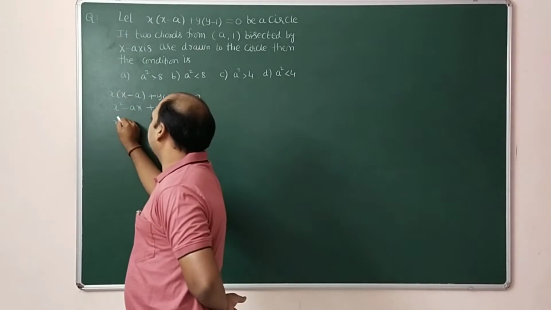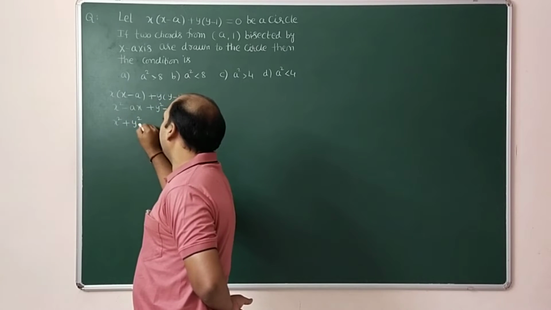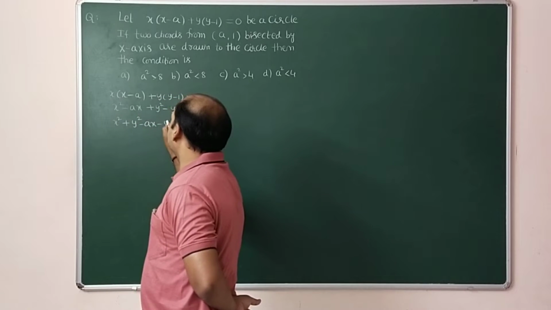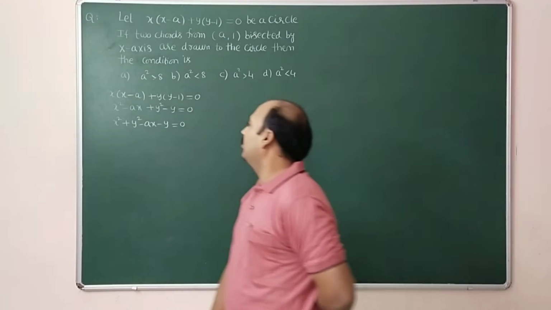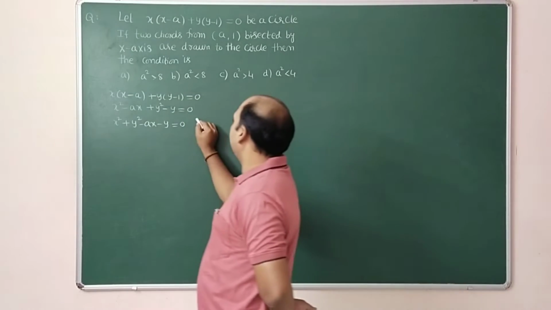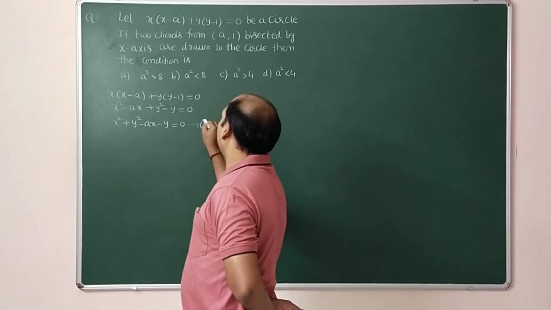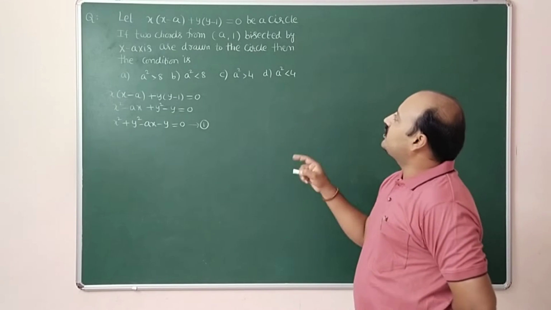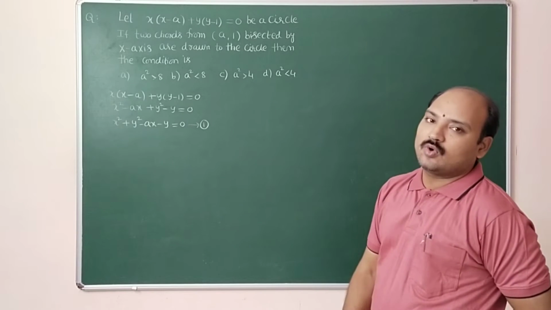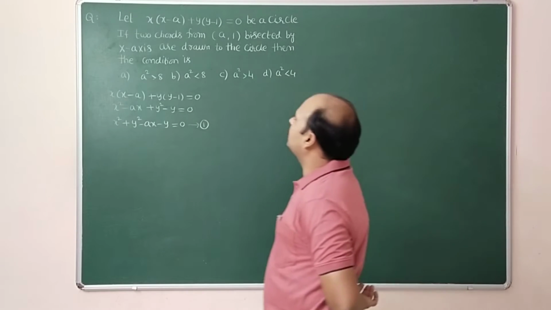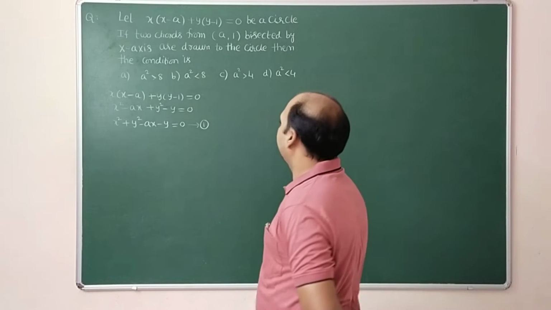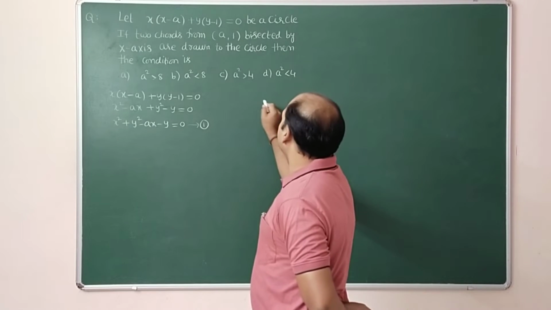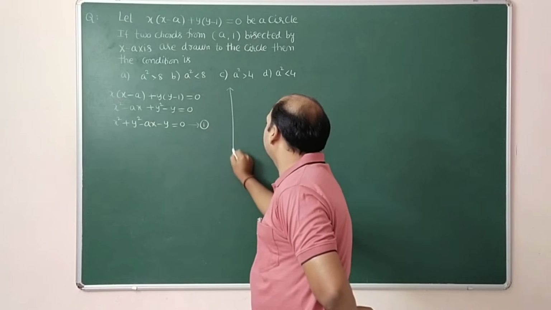Write in the order: x square plus y square minus ax minus y equal to 0. This is the equation of the circle which bisects one of the chords. If two chords, they mention from (a, 1). So according to the question here,